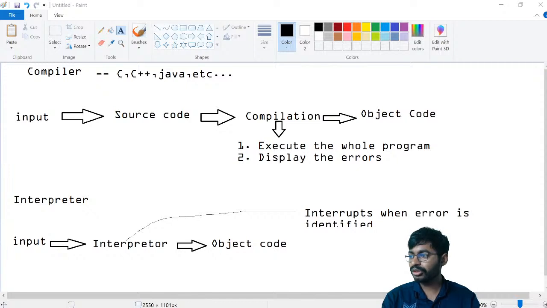I am not sure what Swift you are expecting over here. Yes, Python uses an interpreter. Yes, object code is also known as bytecode. Which one is best? Both are best, but we have to look at the application we are going to develop. An interpreter will have a compiler, but a compiler will not have an interpreter.